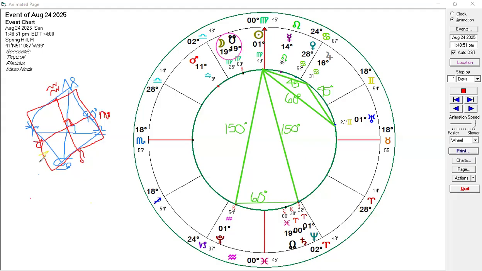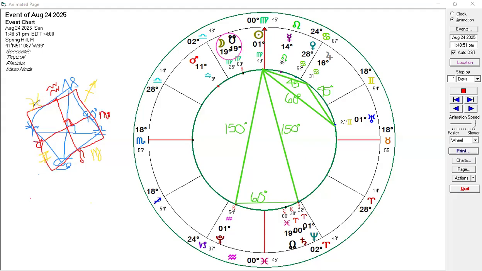Now we're going to have the next sign, Gemini. And then we go cardinal, fixed, mutable after Leo. The next sign would be Virgo, right? And then we go cardinal, fixed, mutable, and that would be Sagittarius, right? And then we go cardinal, fixed, mutable, and the last one, mutable, is Pisces.